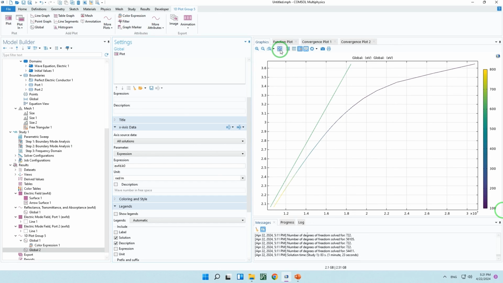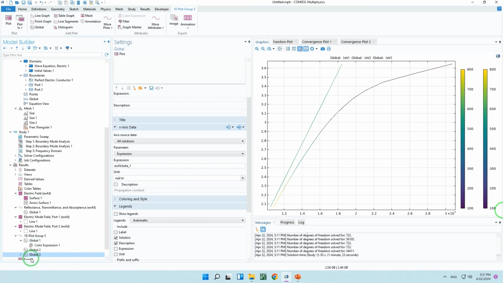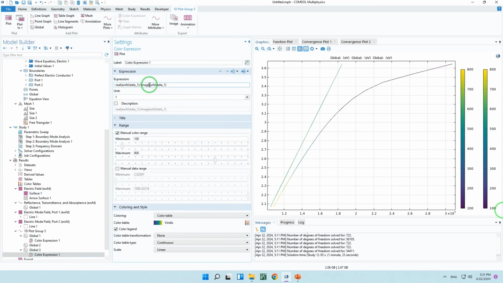And for the global tree also we can add the global tree, and in the color expression we can add a different equation to see the different properties. Okay, the simulation is done,